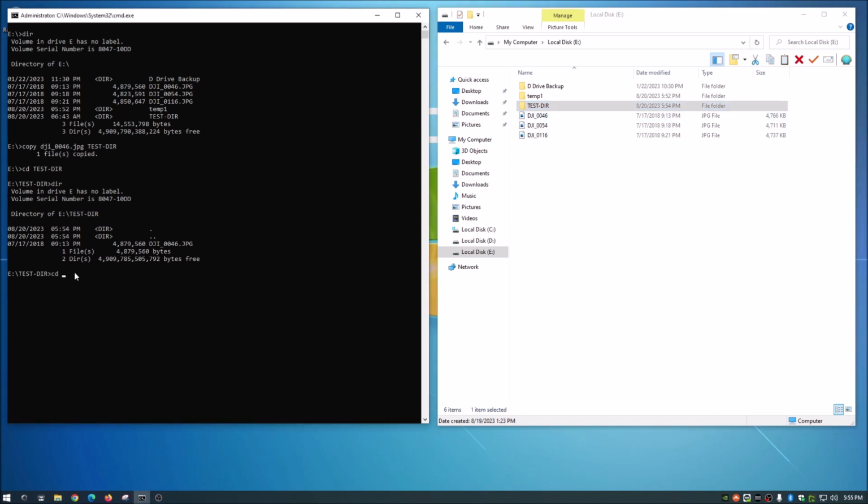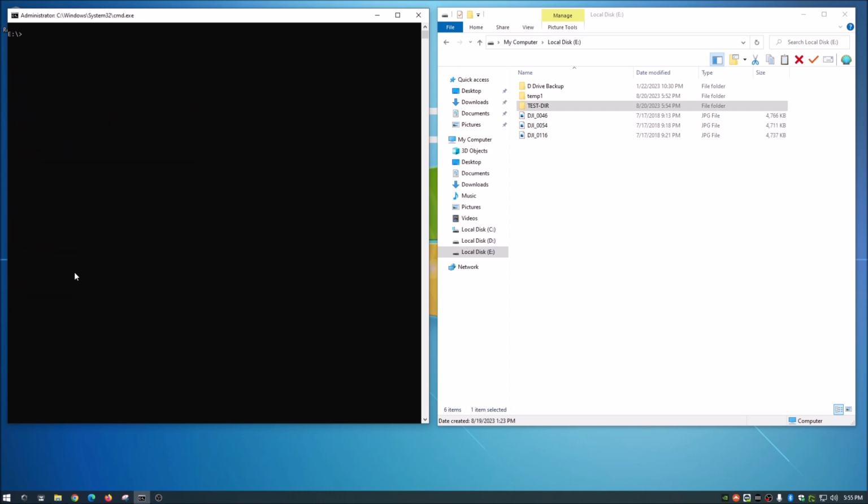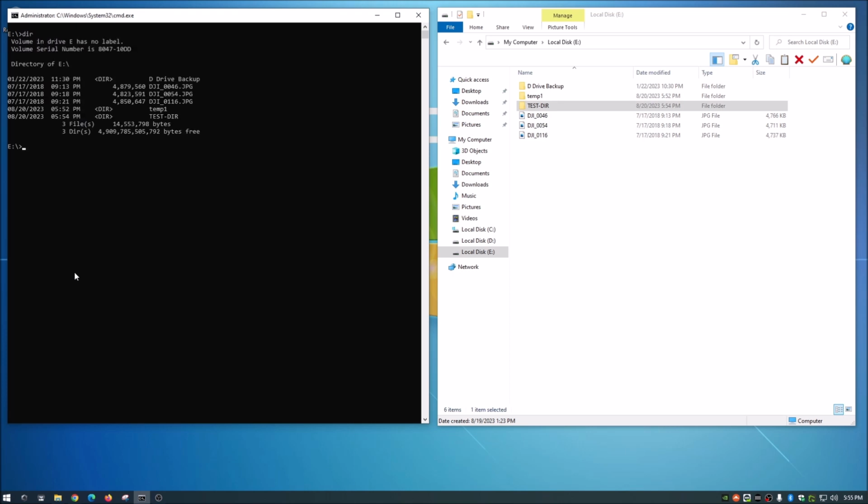So let's go back, and I'll show you how to do multiples just like I did with the text files, just so you can get it down. Move and copy is pretty much the same, except for that first command, move or copy. So again, we'll directory this out, and let's copy, and we're going to do asterisk.jpg, to say all JPEG files. Whoops, gotta learn how to spell asterisk. And then we name the directory again. So we're copying all JPEGs to this directory. And as you can see, these are all JPEGs here. Once I execute that command and hit enter,